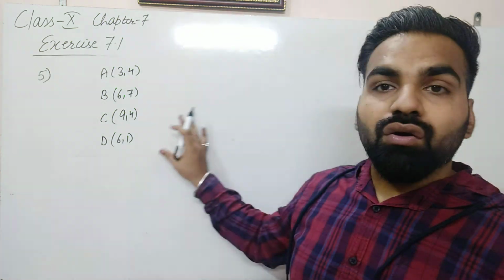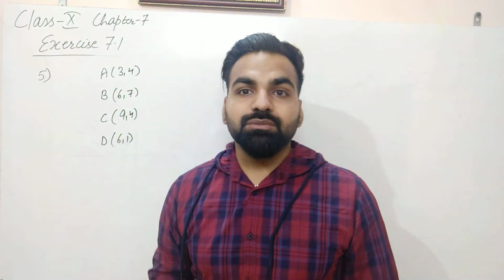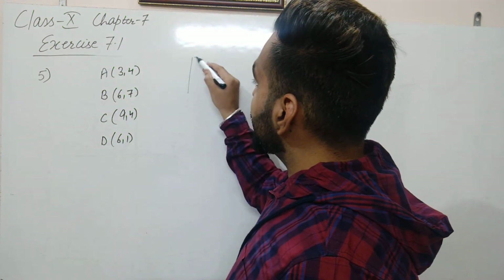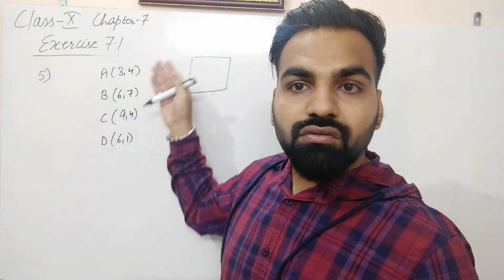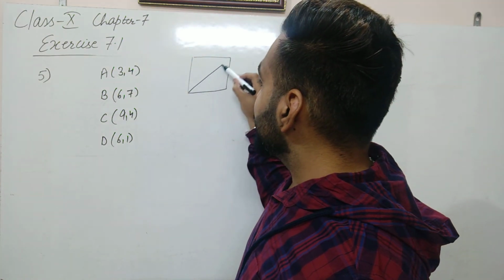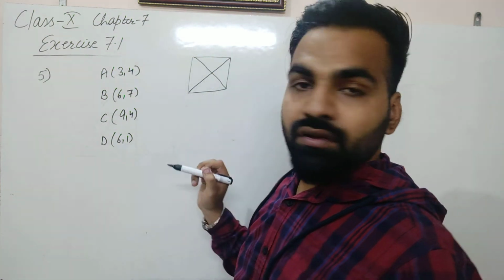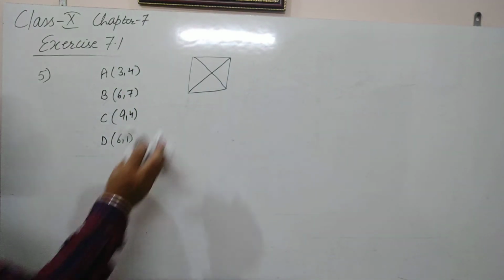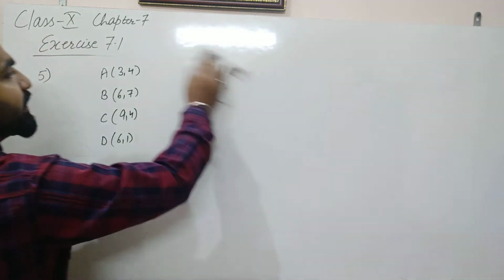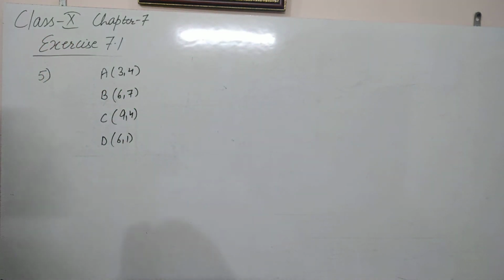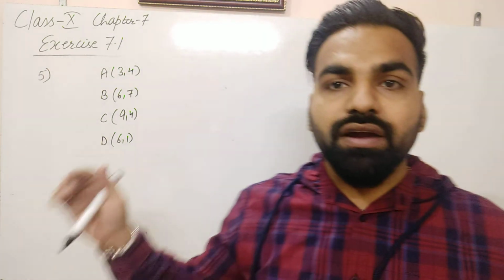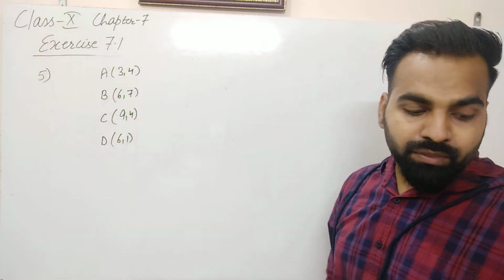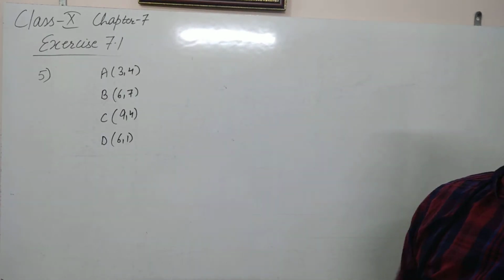Clear? Now we can verify whether these points form a square or not. To check for a square, we have to find that a square is a figure which has all 4 equal sides and the diagonals are also equal. So we have to verify whether AB, BC, CD and AD are equal or not, and also whether the diagonals AC and BD are equal or not. So we have to find the value of 6 distances here. After that we can tell whether these 4 points form a square or not.